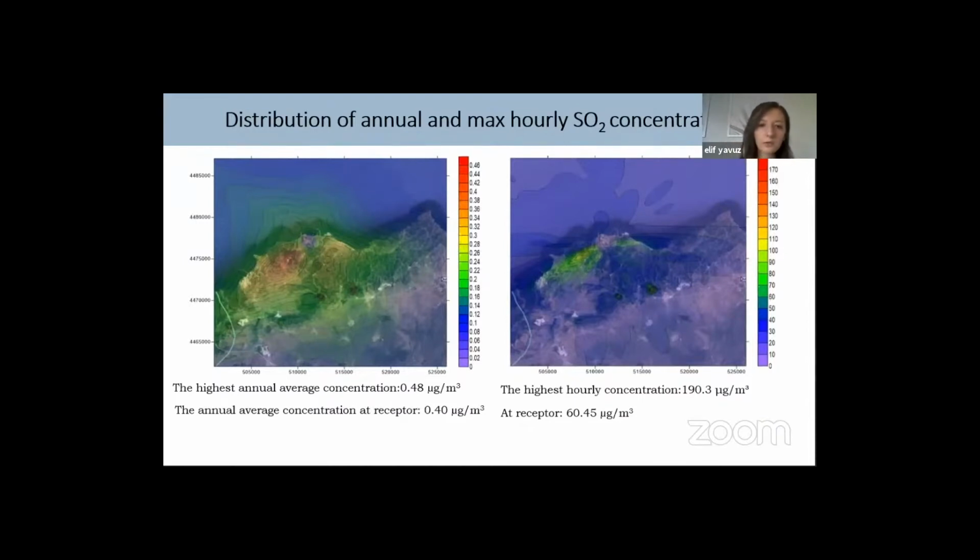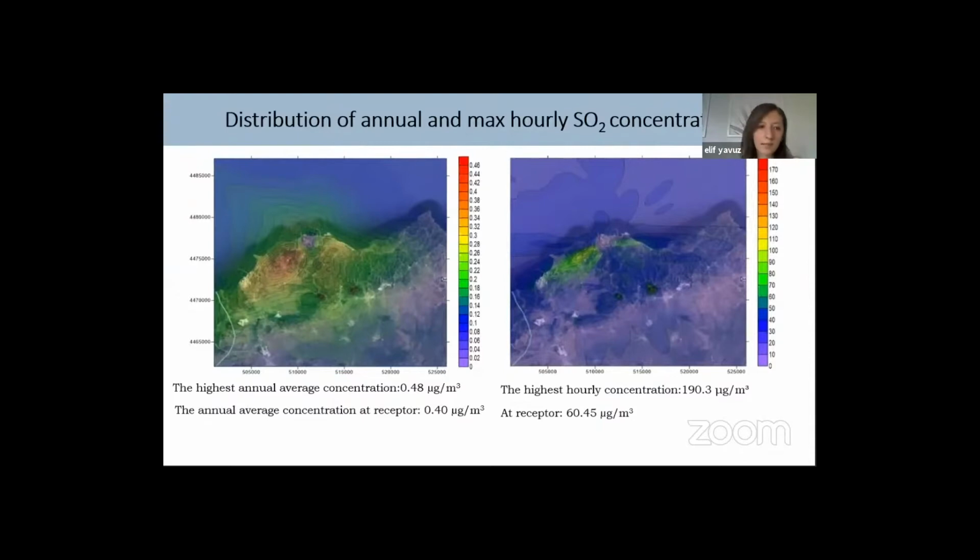The figure on the left shows the distribution of annual SO2 concentrations. The annual average concentration is important in determining the long-term effects in the study area. From this point of view, the highest annual average SO2 concentration was found to be 0.48 microgram per cubic meter, and the annual average concentration was calculated as 0.40 microgram per cubic meter at the receptor point,